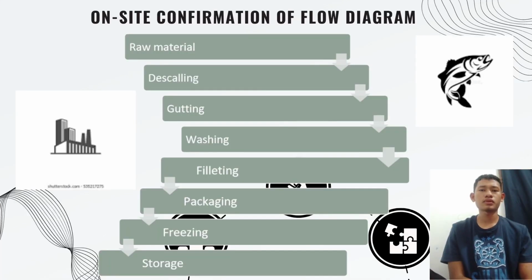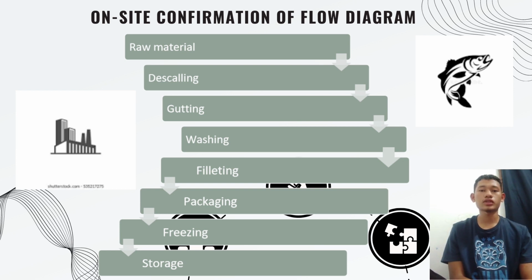Assalamualaikum, I'm Abdul Hadi bin Muhammad Azam, matric number S61467. There are a few steps for on-site confirmation of the flow diagram. First, we get raw material from fishermen,